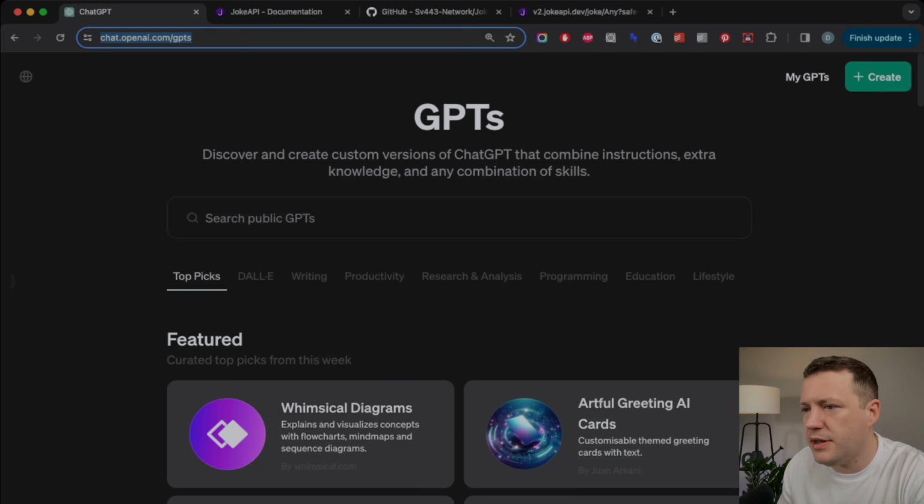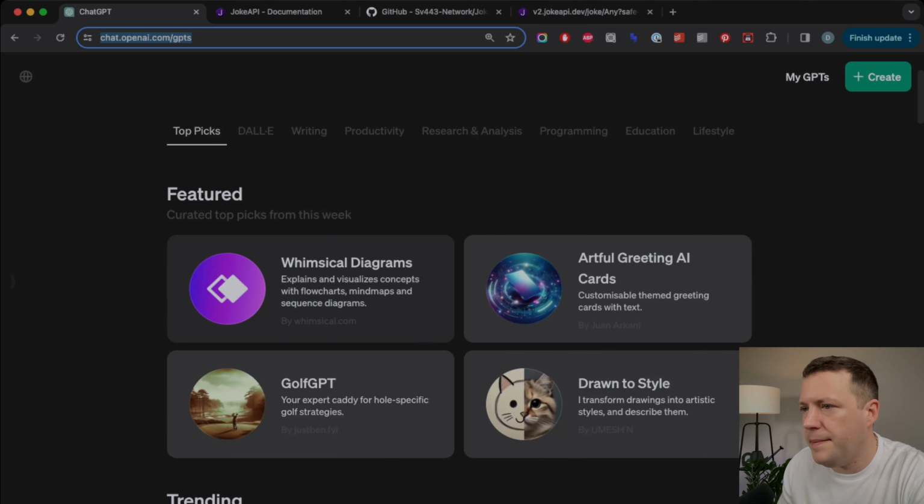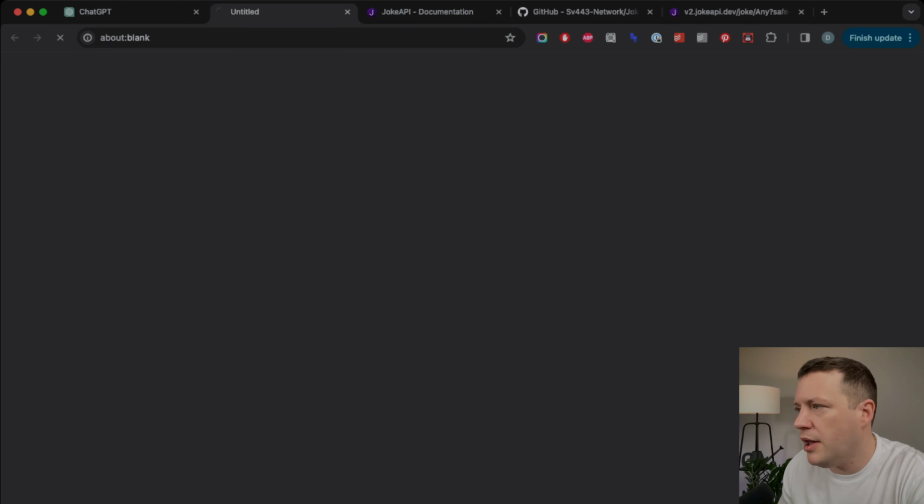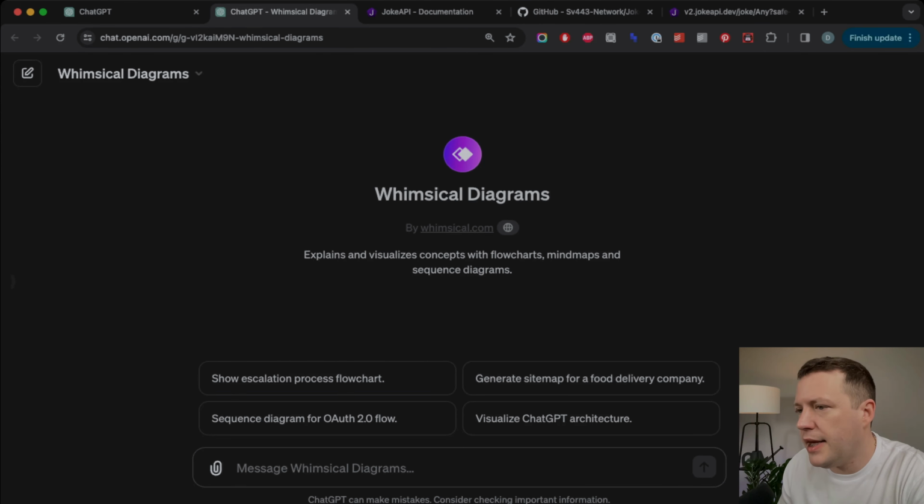Hey everyone, today we're going to continue with custom GPTs and link a custom GPT-4 to a third-party API. Let's explore one of the featured GPTs, Whimsical Diagrams. This is newly featured, and this will demonstrate a third-party API being utilized. So when I click here, it opens up this custom GPT, and I'm going to say what our plan is